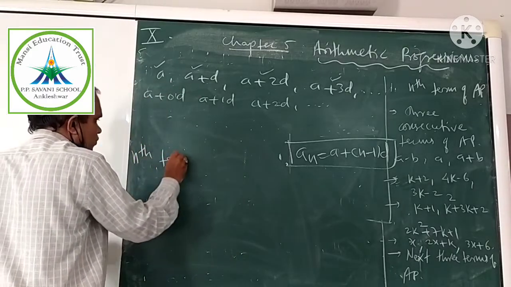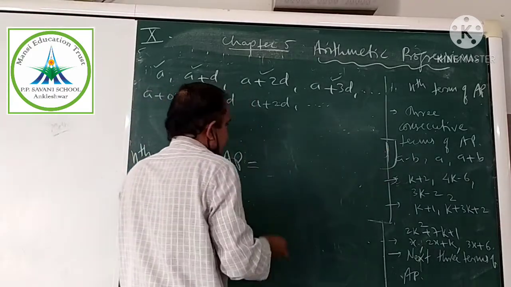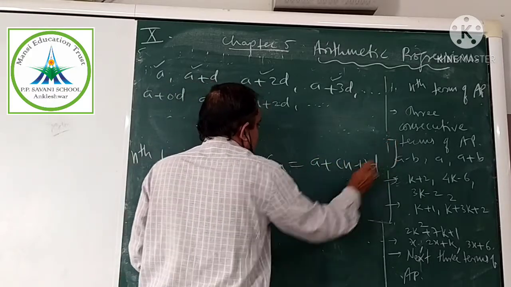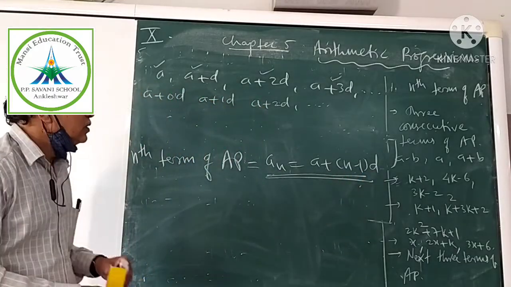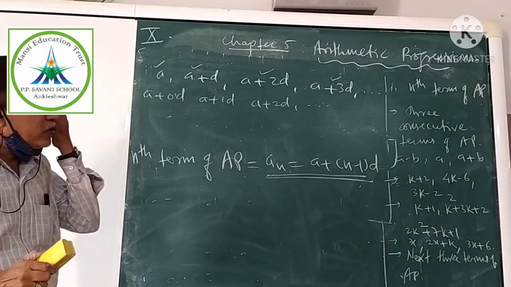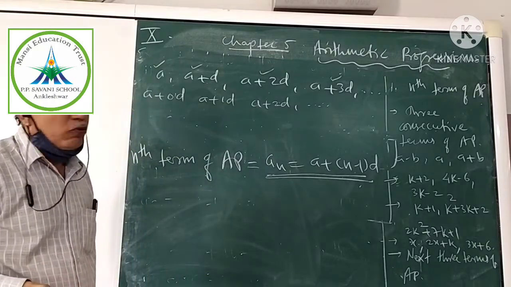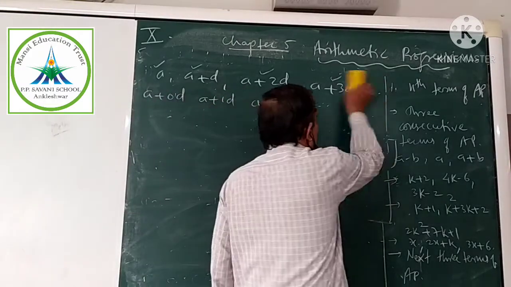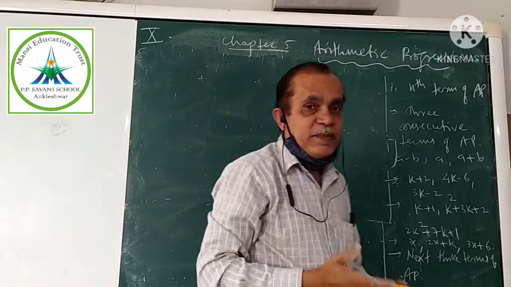write down, we have to write, for AP, An equals A plus (n minus 1)D. Very important. आपको याद रखना है. Okay. Now see, look here. I hope you understood up to this. Any problem you get in my videos, the same day you can call me by WhatsApp or Telegram. Okay. Fine. Now all are knowing what the nth term is. Nth term formula क्या है? A plus (n minus 1)D.